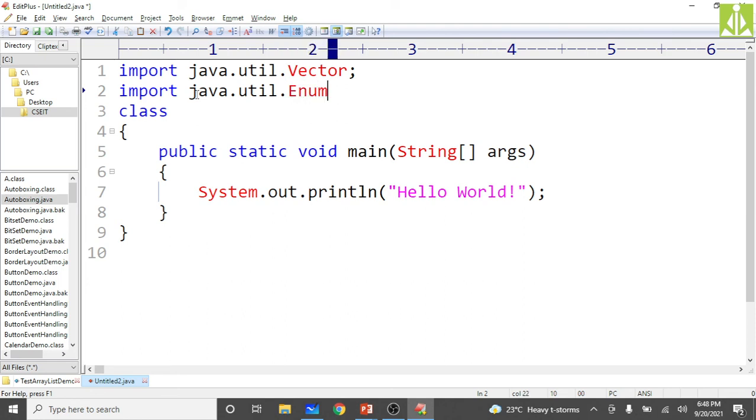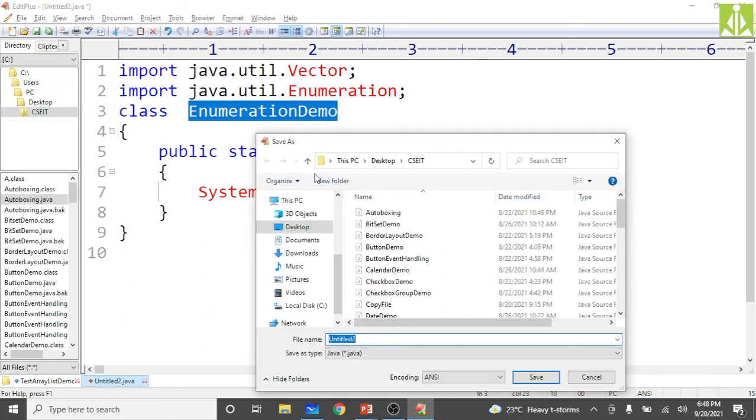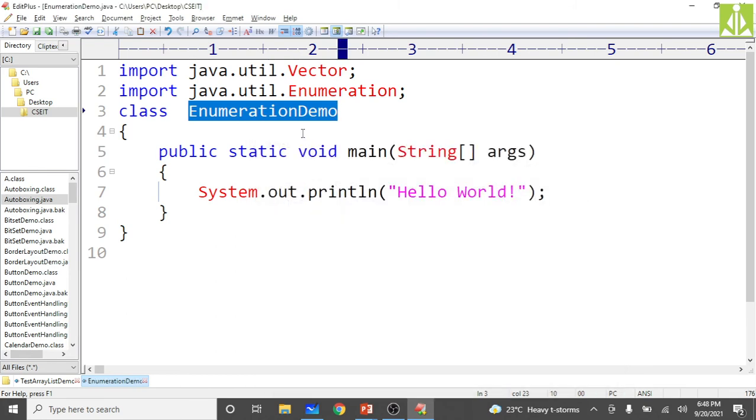Here, in the class, we are performing the testing of this enumeration, so I'm giving the name EnumerationDemo. Control C, and save the program with that same name, EnumerationDemo.java. The program got saved.